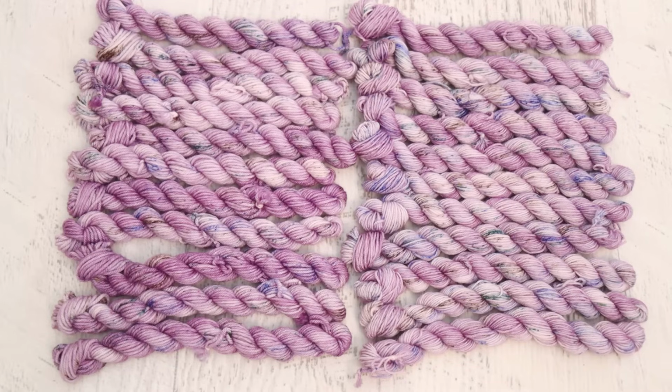My point in all of this dye lot conversation is that while this is a lovely, subtle overall technique, if you wanted to dye a sweater's quantity of this yarn, I would potentially want to dye more yarn than I thought would be required and then pick out skeins that felt like they were the most similar. Or,